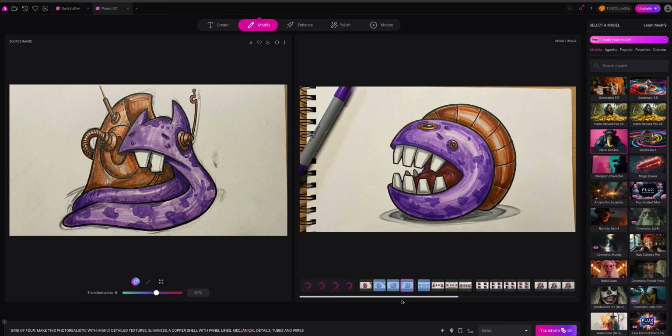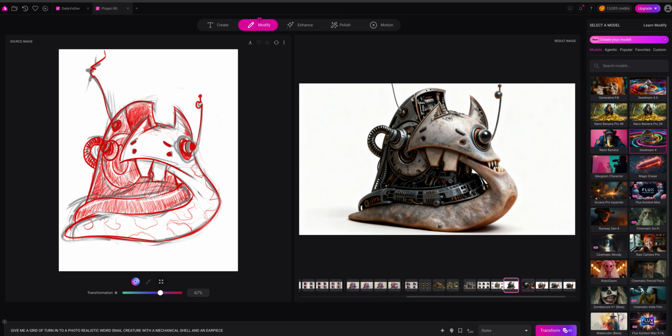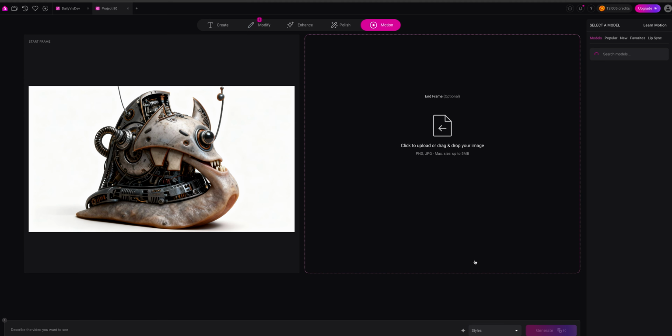While I'm doing that, let me jump back to one of these earlier ones that I liked. This one has this bizarre kind of face on the front with these two little flap teeth things. So this, just as an image, I don't know that I can do much with, but what's slick is that if I send this to motion now